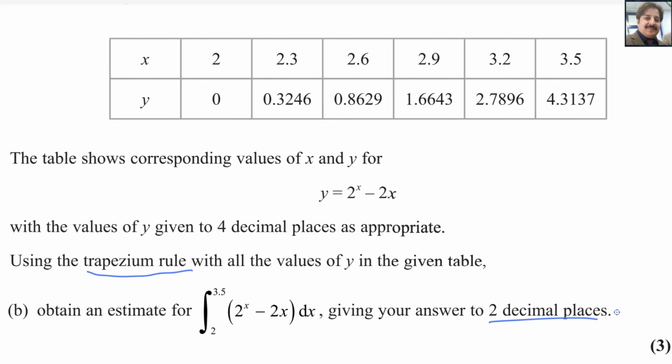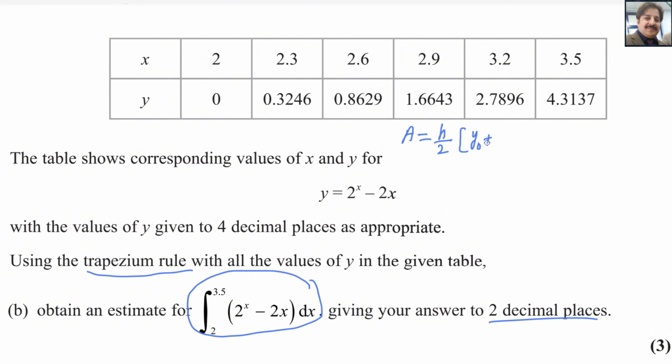So let me write a formula for you guys to find the area by using the trapezium rule. Actually, integration is giving you the area under the curve. When you sketch the graph for this function, it looks like a trapezium from 2 to 3.5. This is called the trapezium rule. You have to memorize the formula for this. That is equal to h by 2